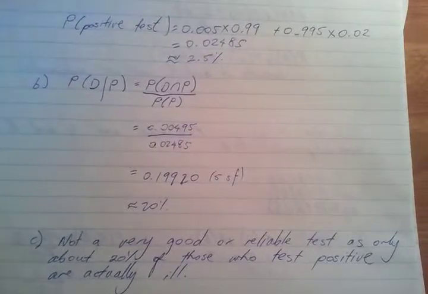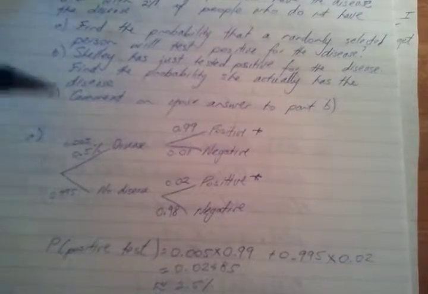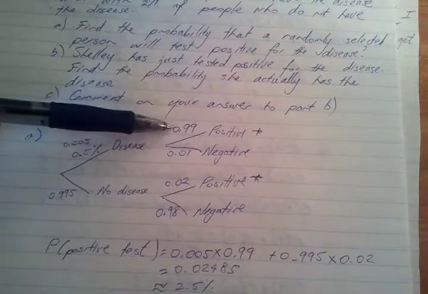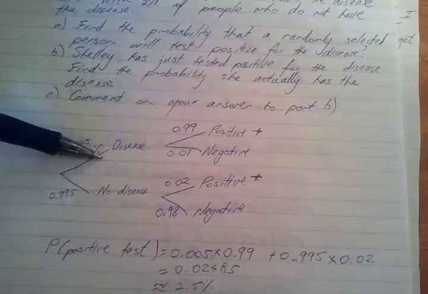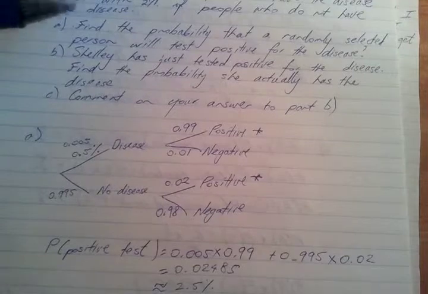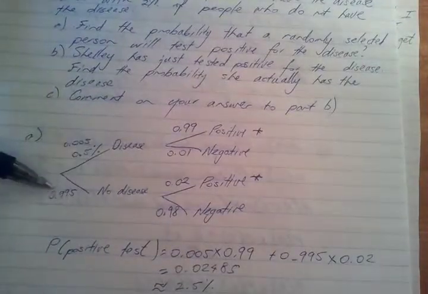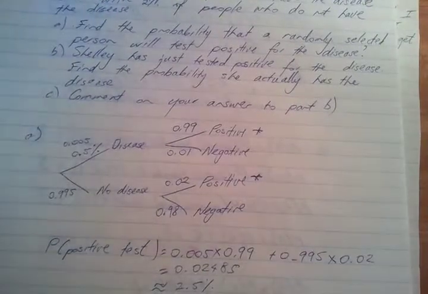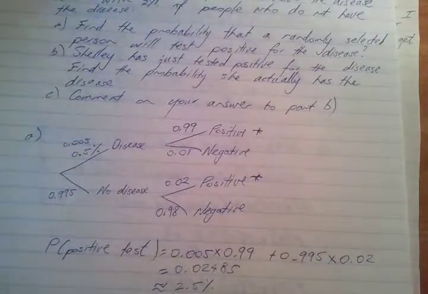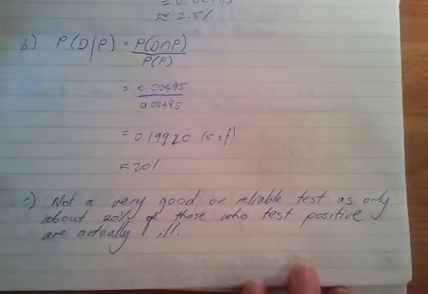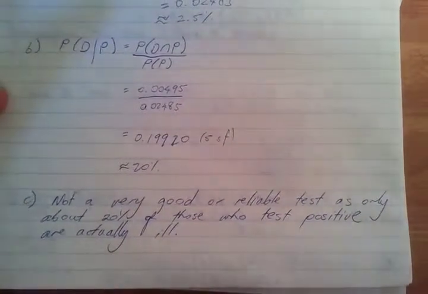And it may not have looked like that from the original information that we had. If we just move back to the tree, we can see that we were talking about fairly small percentages who have the disease, and we were talking about a fairly good test rate on that small percentage. But when we look at the conditional probability of having the positive test, then the fact that 2% of almost the whole population will still test positive even though they don't have the disease ends up having a large effect on the reliability of the test results. So we would say, by looking at the conditional probability, that it isn't a particularly reliable test.